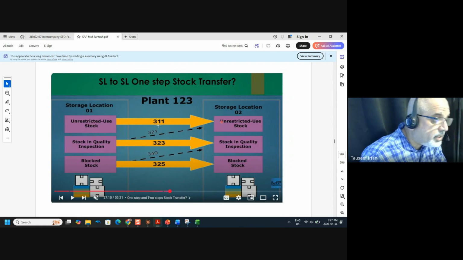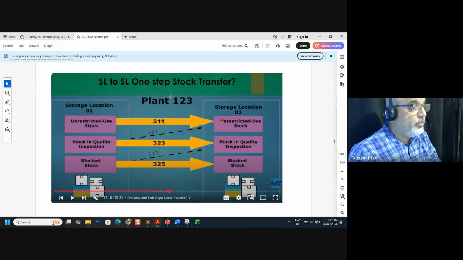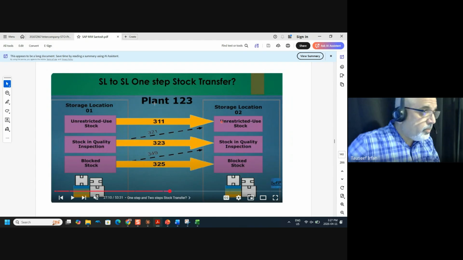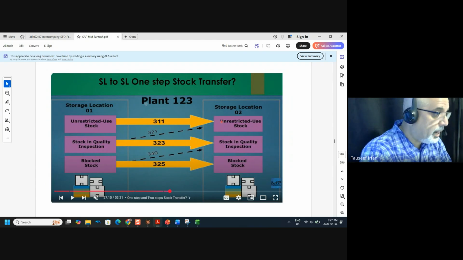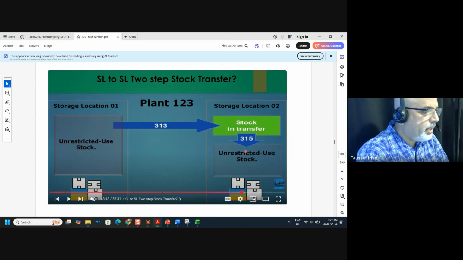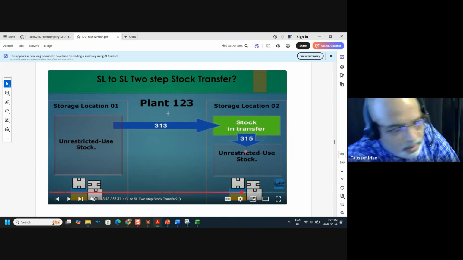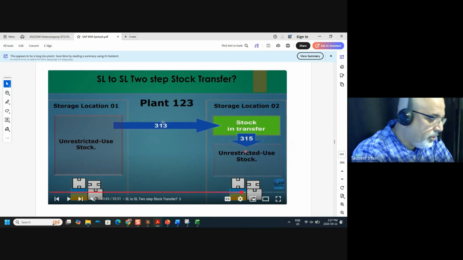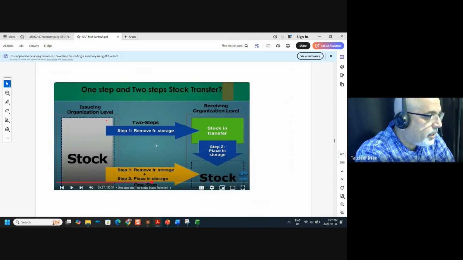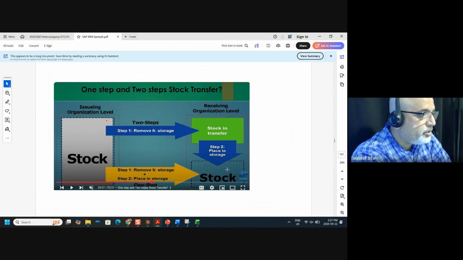What I'm saying here is that you see within the plant, same plant, you are moving from one storage location to another. That's important. That is known as the stock transfer. Physical movement is happening. Then, the advantage, I was asking Rabia also that time. You will say, then why are you doing two step, one step, why is SAP crazy like that? If you want to get visibility on the receiving side, that stock in transfer,